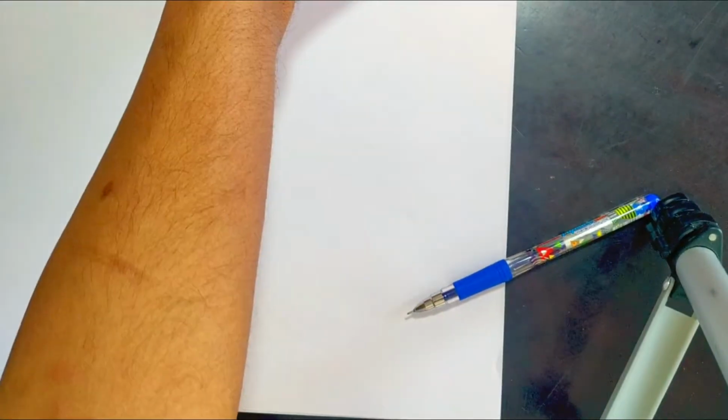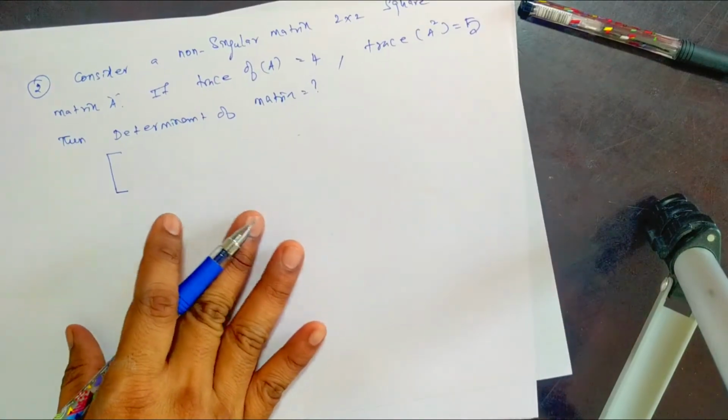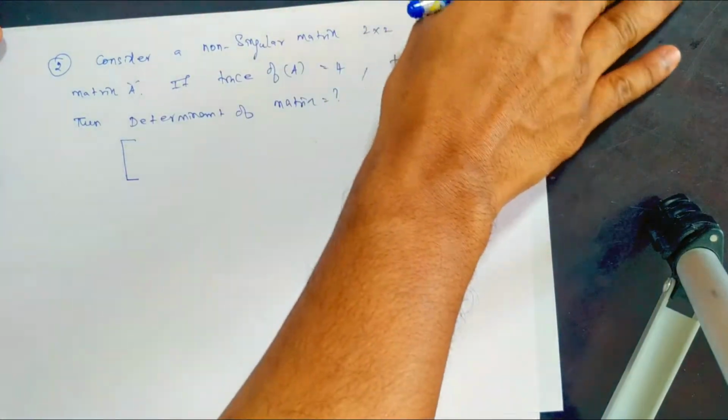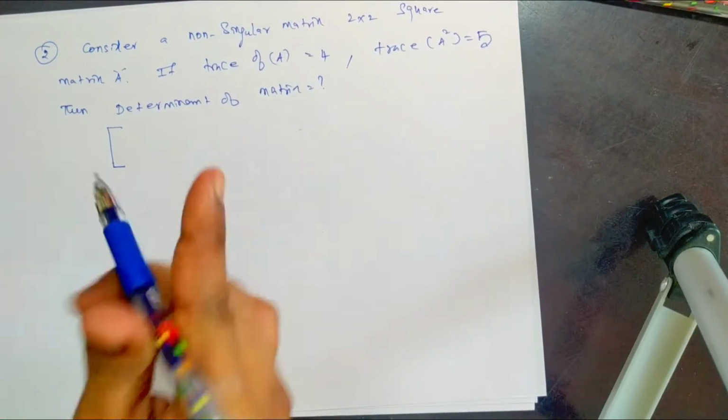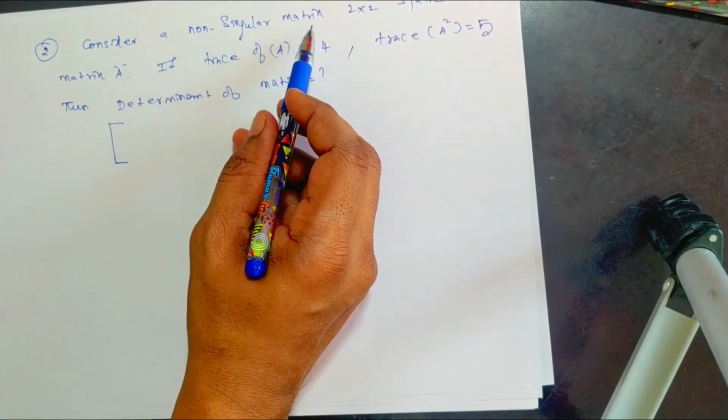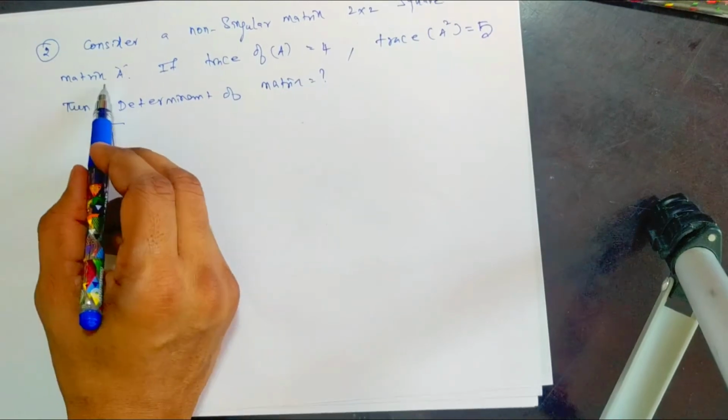So this is one of the GATE questions, and by using the properties of determinant and trace, we calculated the output. In some of the GATE questions, they may give options or they may not give options. When we do not have options, we have to correctly write the answer which is most appropriate to the particular problem.